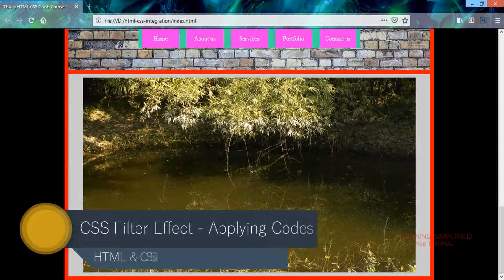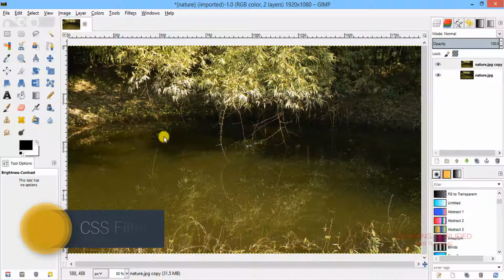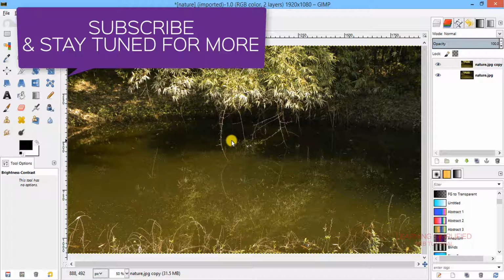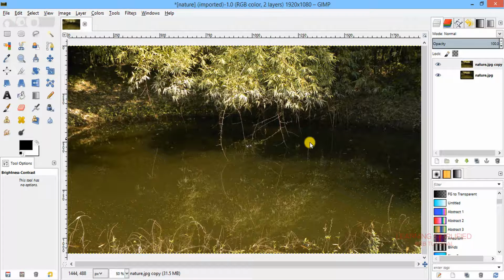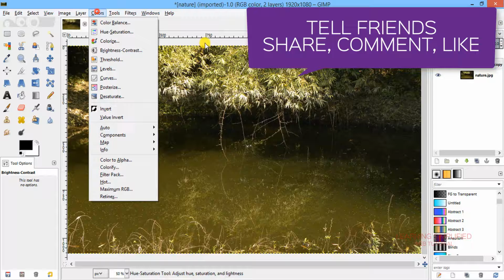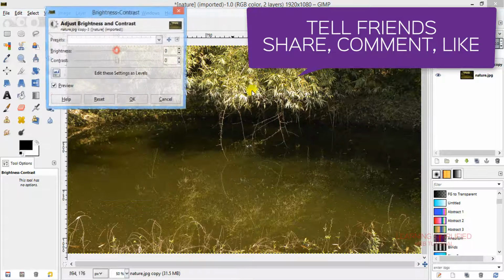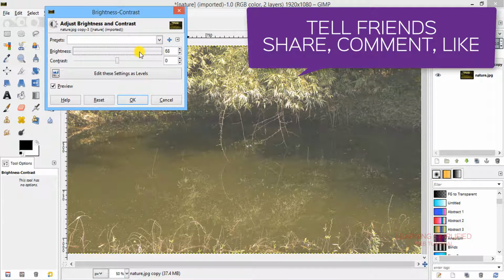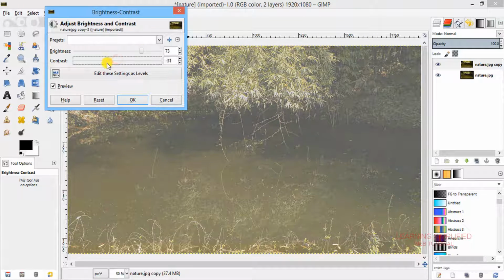Get back to a particular graphics software such as GIMP, as we can see over here. Previously, before the advent of these CSS codes, all we needed to do was adjust the desired output of that image using a graphics software like this. This is GIMP, and we are doing some image adjustments. If we want to increase the brightness, we can see there is an increment in the brightness. We can decrease the contrast over here.